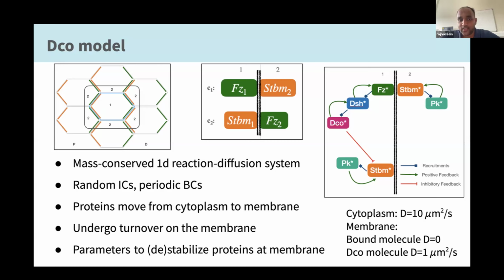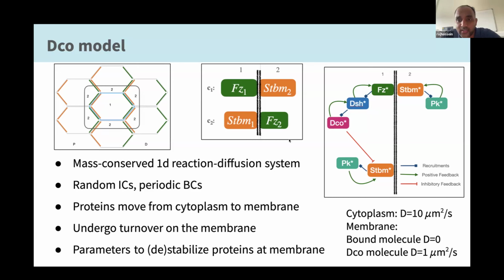So we have studied the mass conserved reaction diffusion network of these molecules, where these molecules move from the cytoplasm to the membrane, and they undergo turnover on the membrane. In this way, there is no loss or gain of the proteins. So this is a mass conserved system, and we are solving